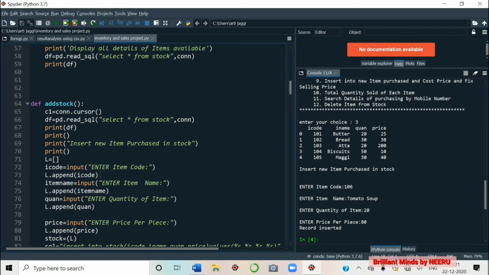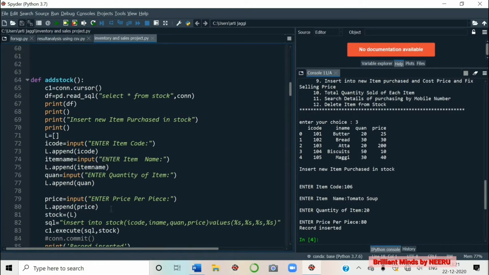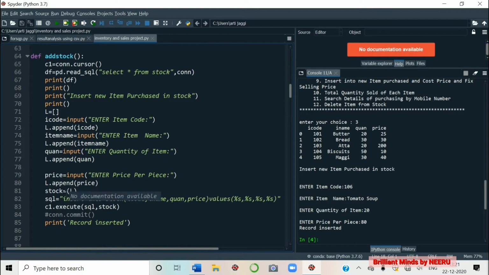I code, enter item code, append I code. Then item name, enter item name, append item name. Then quantity, same, append quantity. Then price, append price. Then stock is equal to L, where L was a list. Then insert into stock I code, I name, quant, comma, price, values, percentage. Now C1.execute SQL, stock. Print record inserted. Of course, it is giving inserted, but it is not inserted because I have not committed it.